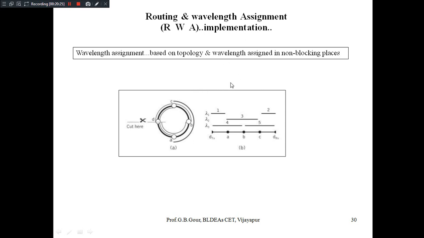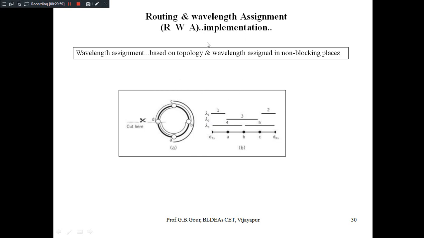Then it looks into each of the segments of that topology to find in which segments there is no blocking. In those non-blocking stages, wavelengths will be assigned first. That means wavelength assignment will be done first in those segments of the network where no blocking is there. Then later, coming to the blocking places, the wavelength will be assigned based on the blocking probability. Then it will be routed as we discussed in the previous slide.